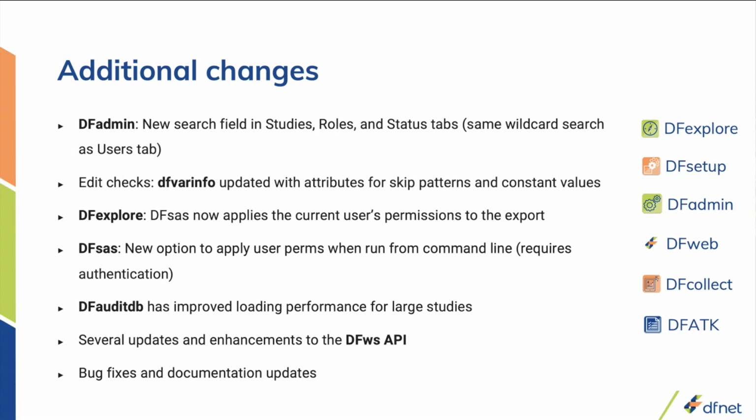We've also made an update to DFSAS. When you're running DFSAS in DFexplore, which is available through the list view, your current user permissions will now be applied to the export. For example, if you have hidden fields disabled in your user role, DFSAS will not export those hidden fields in the data set that gets exported. We have a similar option added in DFSAS when you run it from the command line. You'll now need to provide authentication if you're using this new option, but again, it'll apply your user permissions